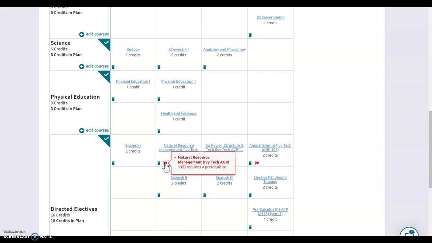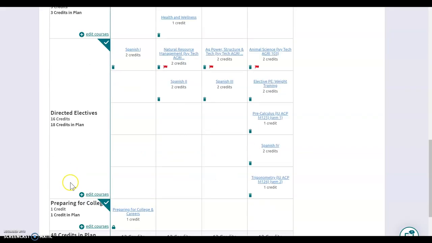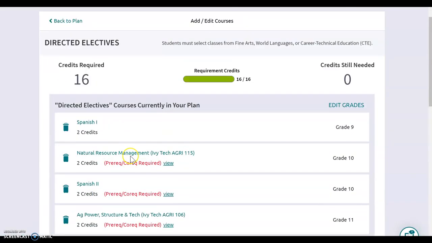The same would happen if you took an upper level art class without taking Introduction to Art, Introduction to 2D or 3D, or if you took a second or a third or fourth year of language without taking the first year, you'd get an error message. We have that alert in there so you can go back and fix it. So we'll go back in here and we will add